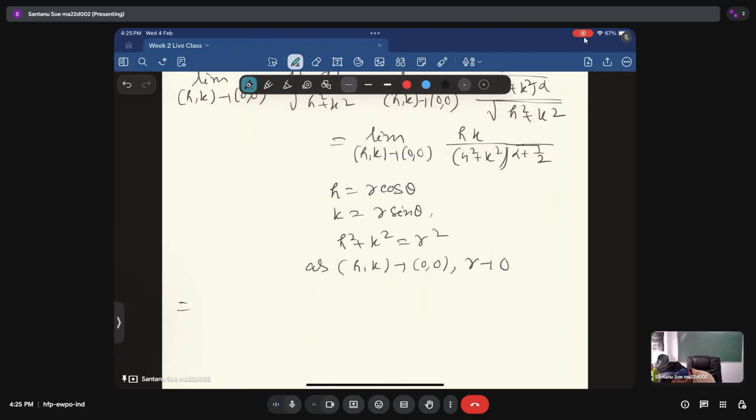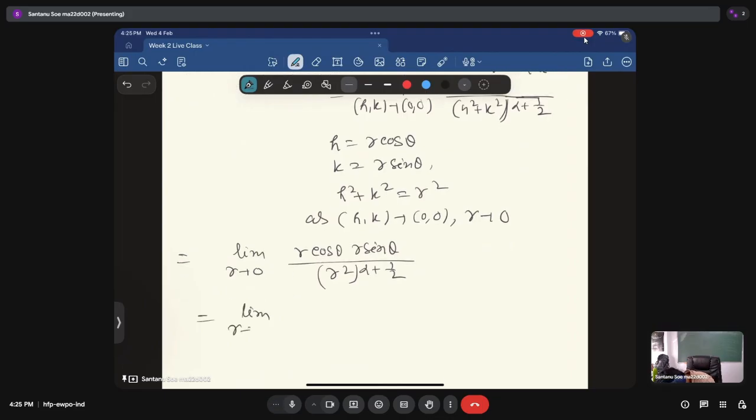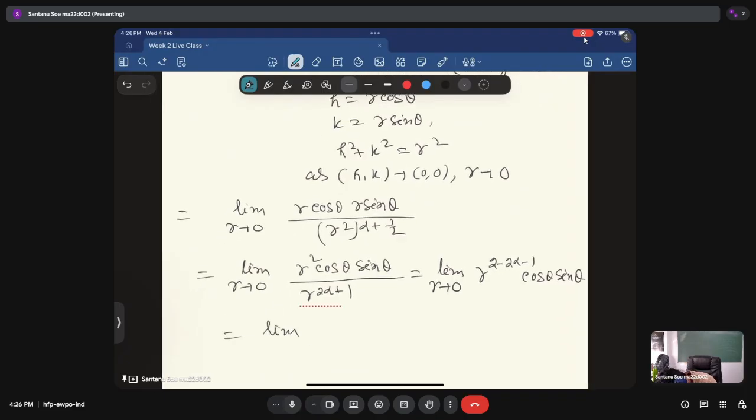So the definition changed to limit r tends to 0 of (r cos theta)(r sin theta) divided by (r square) to the power alpha plus half, and this is same as limit r tends to 0 of r square cos theta sin theta divided by r to the power 2 alpha plus 1, and this is also same as limit r tends to 0 of r to the power 2 minus 2 alpha minus 1 cos theta sin theta, and this is same as